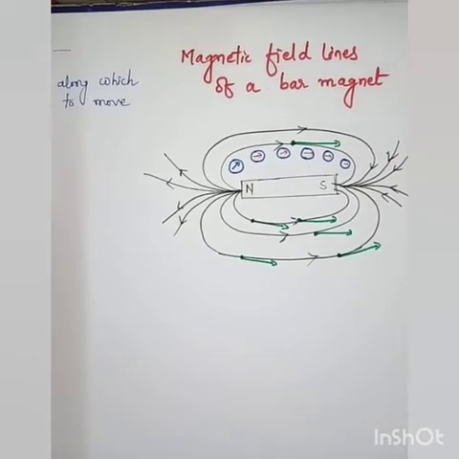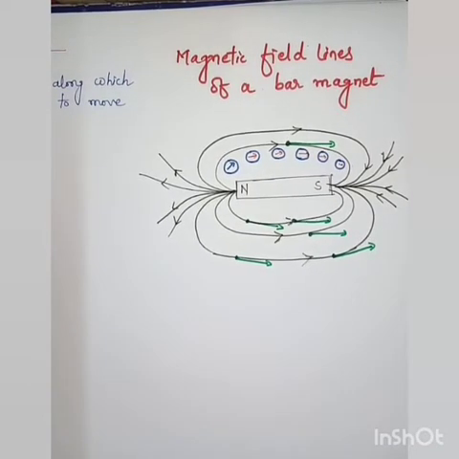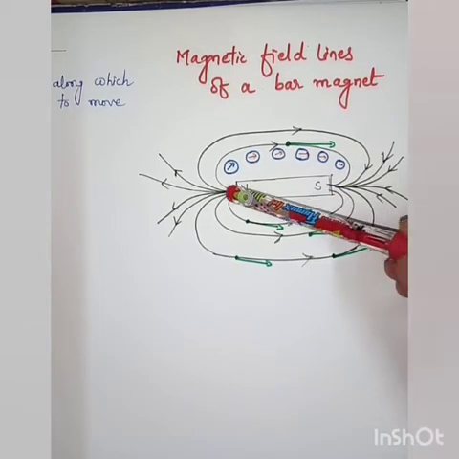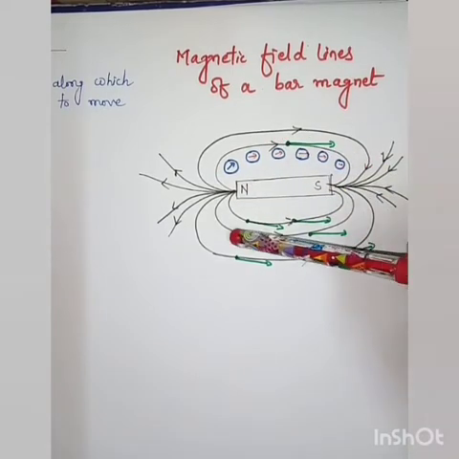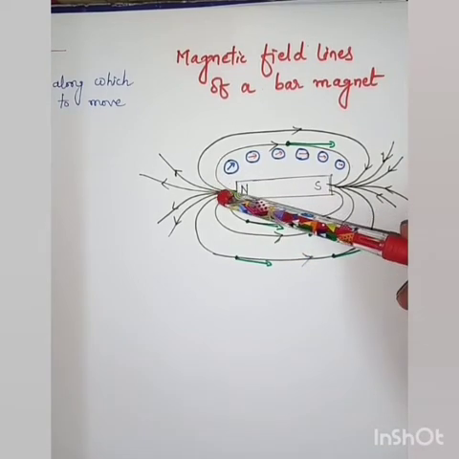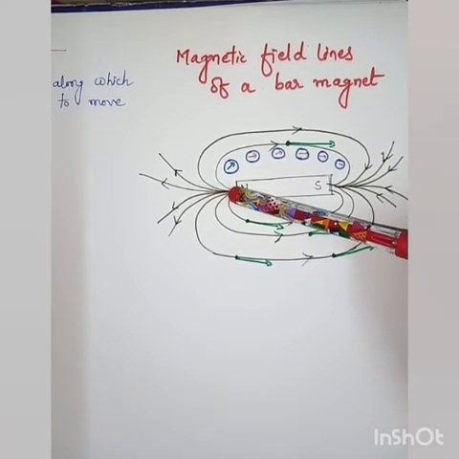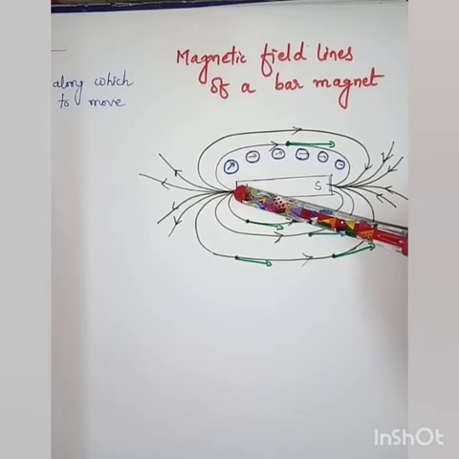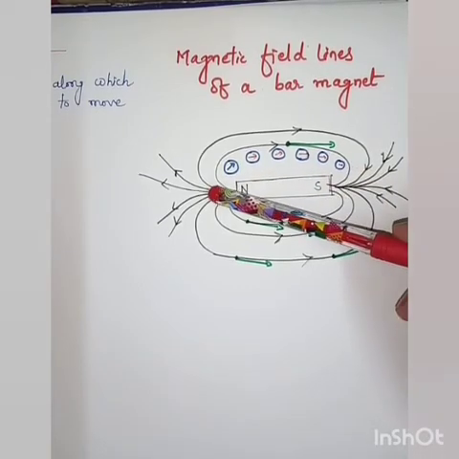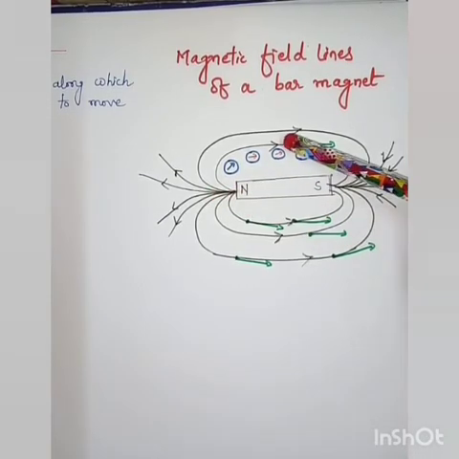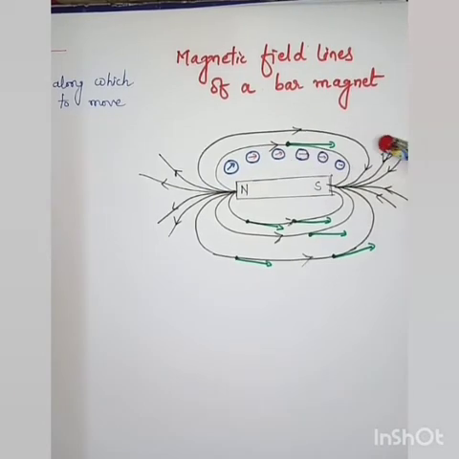To understand this term in a simple way, we will take the example of a bar magnet. Suppose you have a bar magnet kept on a sheet of paper and put some iron filings around it. After some time, you will observe that the iron filings have been arranged in the form of closed curves. The density of the iron filings near the poles, that is the north pole and south pole, will be large as compared to the other parts of the sheet of paper.